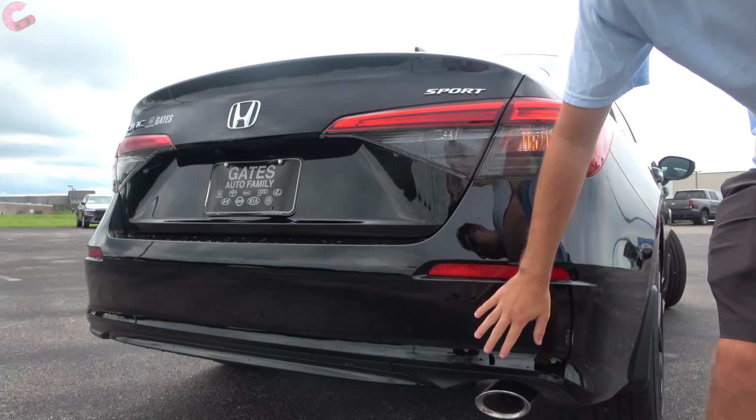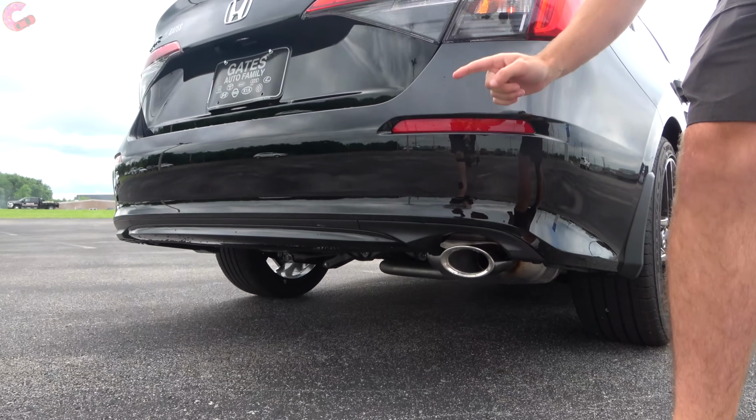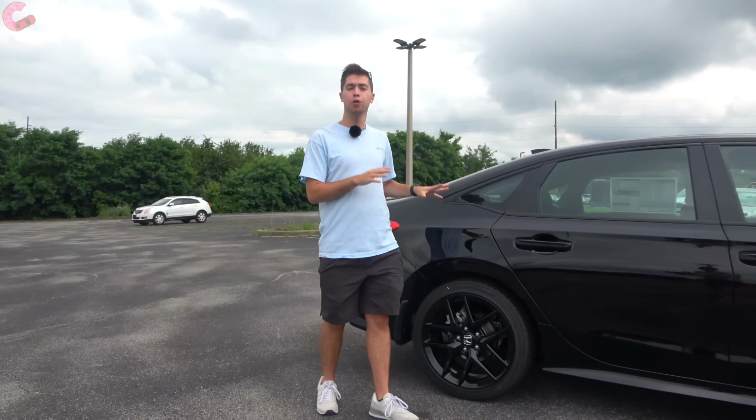Then if we drop down here, this is where you're going to notice a big difference for the Sport. That's because this is the only trim level of the Civic sedan that you're going to get the exposed exhaust outlet. Now, one really nice thing about the Civic Sport is that even though this is a lower trim level of the Civic lineup,